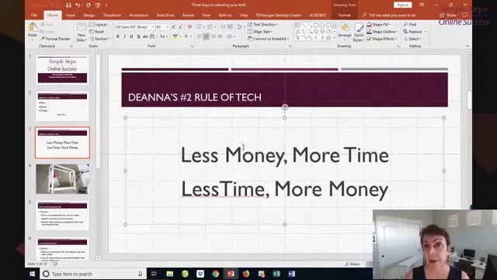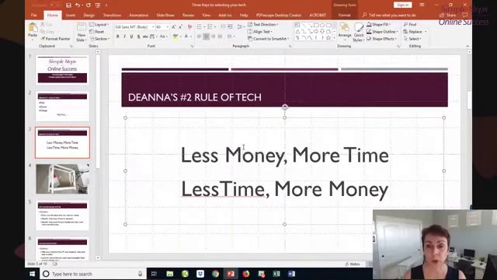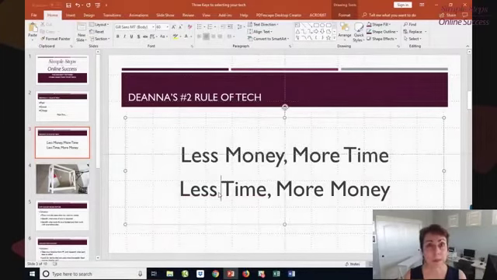Or they look at hiring somebody to create a full course platform on WordPress, and that can be a lot of money. But the trade-off for spending money is it will be done in less time. However, if you don't invest the money, you're going to spend a lot more time creating whatever it is that you're trying to accomplish.